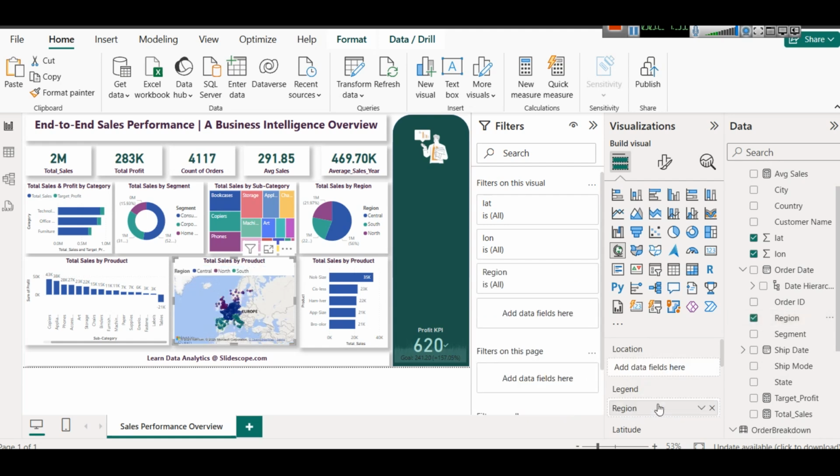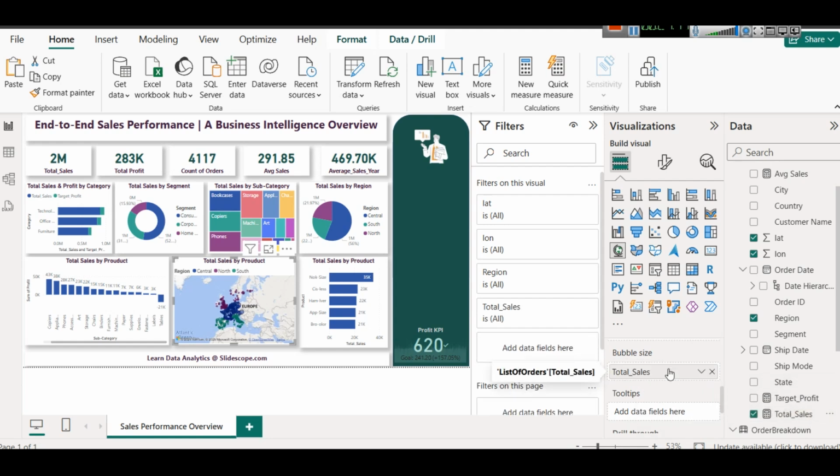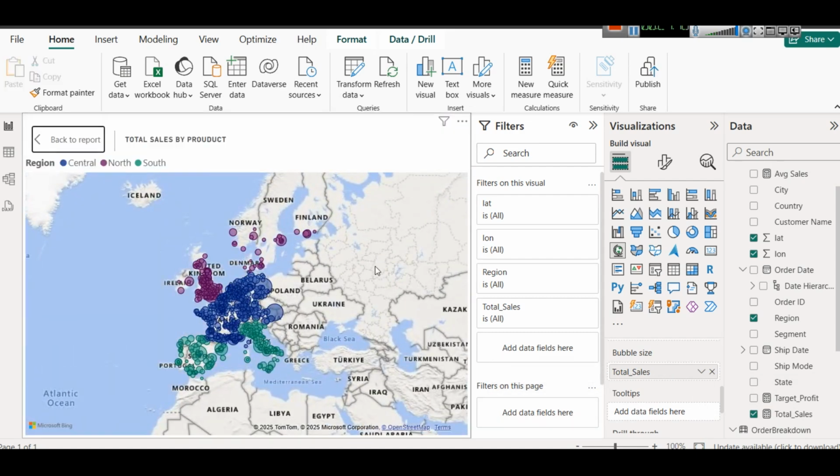So it will color them accordingly. And in bubble size, smaller sales values will be of a smaller bubble size and so on. So I will just put total sales. Okay, and when we open this, you can see some bubbles are small, some bubbles are bigger. For example, here in the central region total sales is more. So you will be able to see